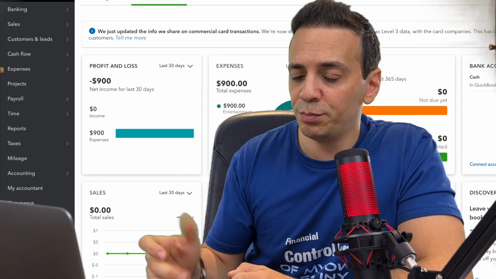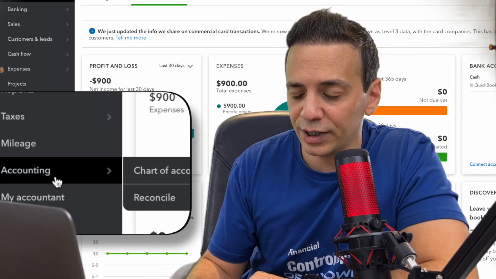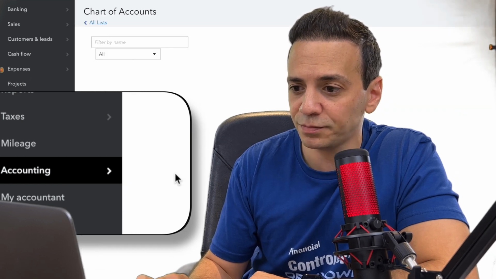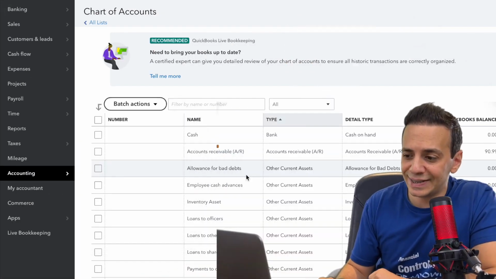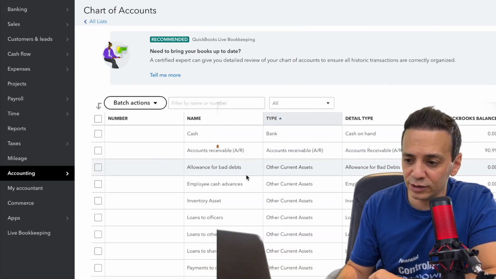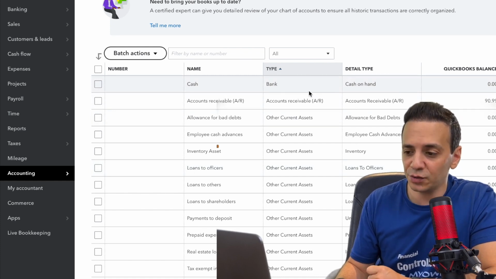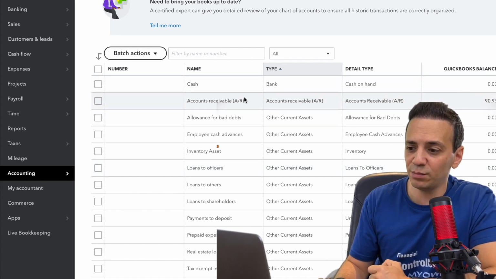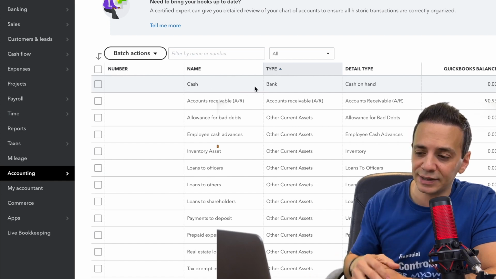So with QuickBooks, when we go into navigation, accounting, chart of accounts, QuickBooks will come with a standard set of a chart of accounts, and you can go ahead and customize it, delete the accounts that you don't need, and create ones that you want to create from scratch. In this case, for example, I have cash, and QuickBooks Online is only giving me one account for cash. So I'm going to go ahead and change the name of it and create a secondary account,